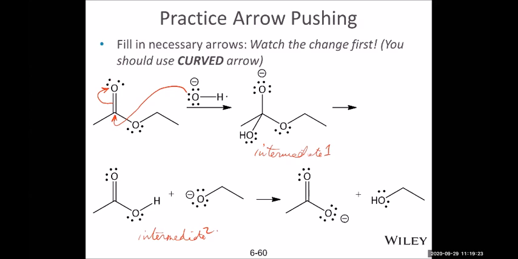And now this reaction intermediate 1 becomes reaction intermediate 2. Again, watch what happened. Notice from intermediate 1 to intermediate 2, this bond is new, it's being formed. And also this bond is missing. Which bond? This bond. This entire structure has been cut away from the structure. So this bond needs to break.